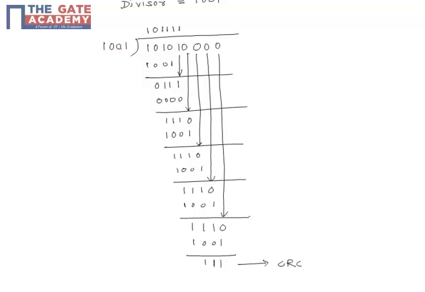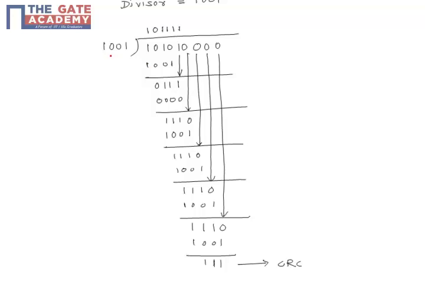Here 1001 is the predetermined divisor, whereas 101010 is the original data, and we append 3 zeros to find the 3-bit CRC. Here the CRC generator uses modulo 2 division. That means each bit of the divisor is subtracted from the corresponding bit of dividend without affecting the next higher bit. So let us compute the remainder for this binary division.